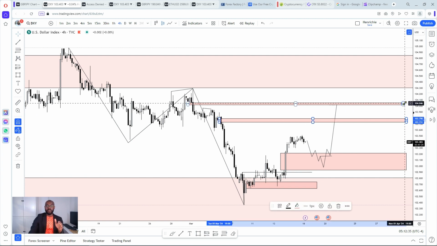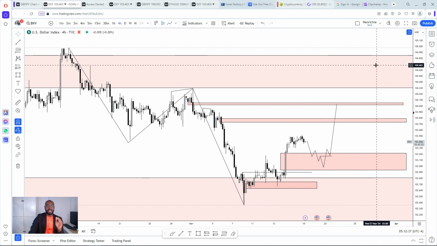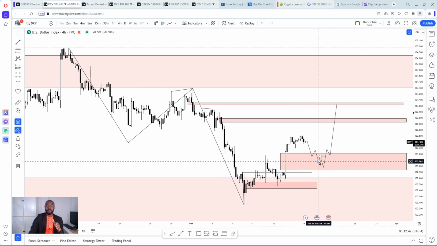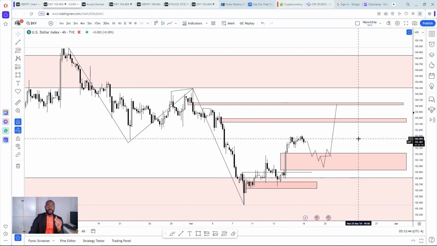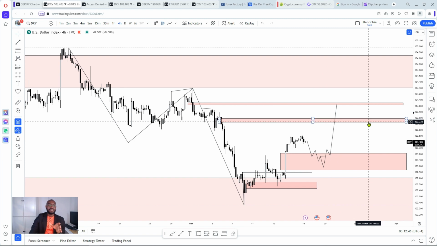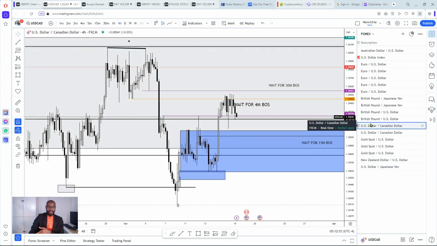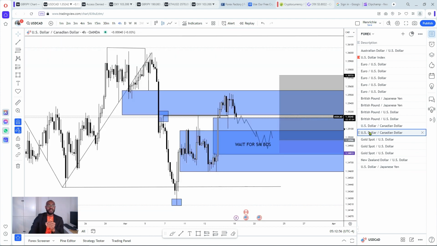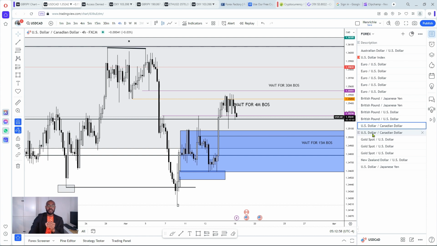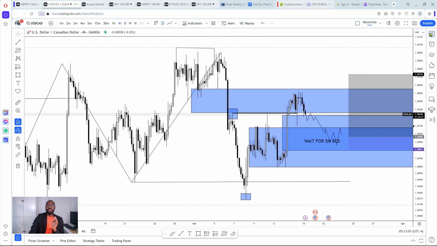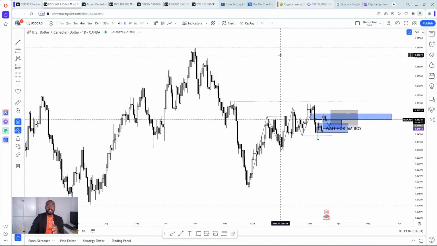So this is what I'm going to be watching. I'm going to be watching this very closely, and hopefully we do get into a beautiful trade setup for buys on USD CAD. So with this analysis, the next thing we're going to do, we're going to look at USD CAD because we're focusing on buys on USD XXX pairs, right? Now looking at buys on USD CAD, for example, already if we go to the daily time frame,